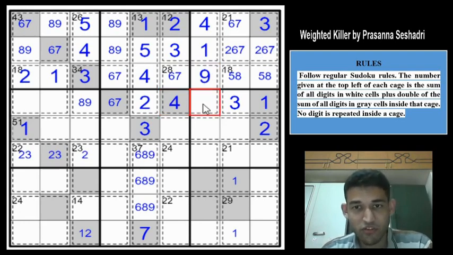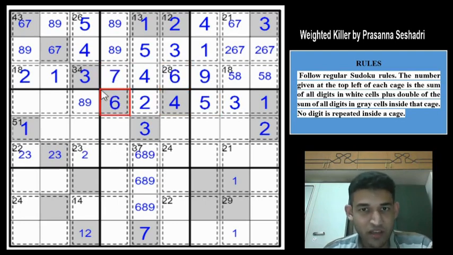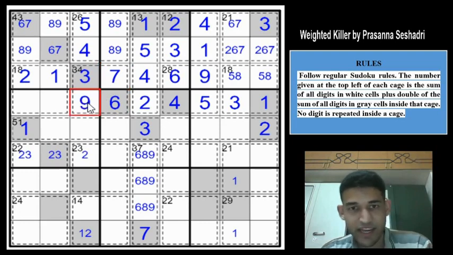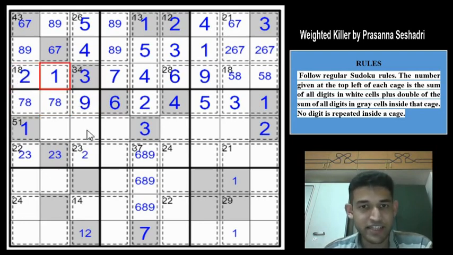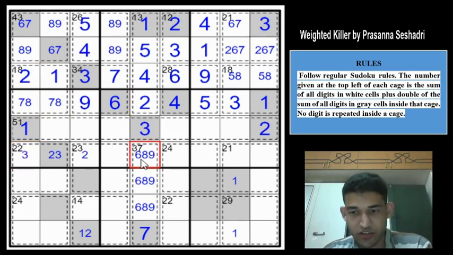So this is going to be 4, this is going to be 5, this is going to be 6, this will be a 7, this will be a 6. And now 6 plus 12, 18 plus 7, 25, and this will be a 9, and this is going to be 7 and 8, right? So 15 plus 3, 18, the 18 cage is also satisfied. Beautiful, guys. This Sudoku is very amazing. So 6 is here, so you can't have a 6 here, so this will be 8 or a 9.